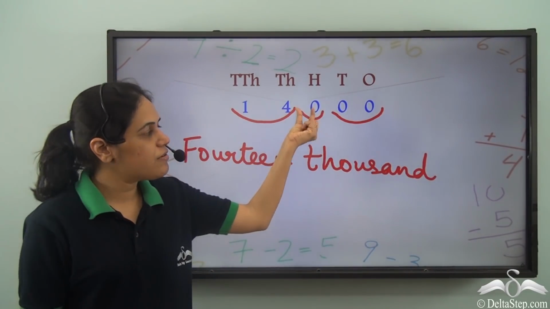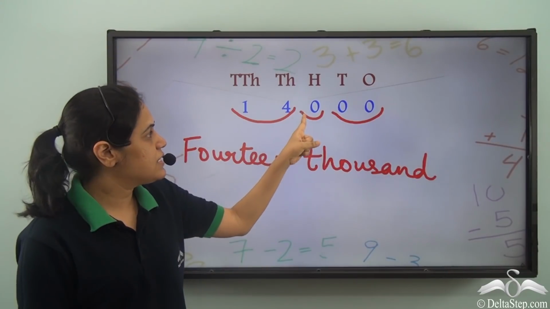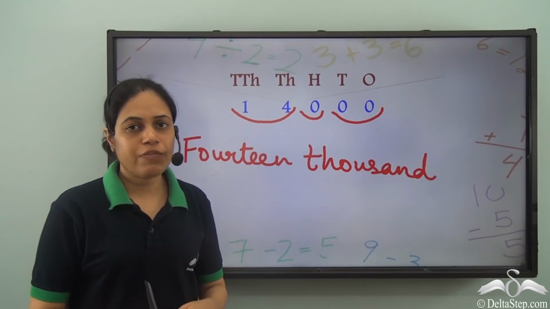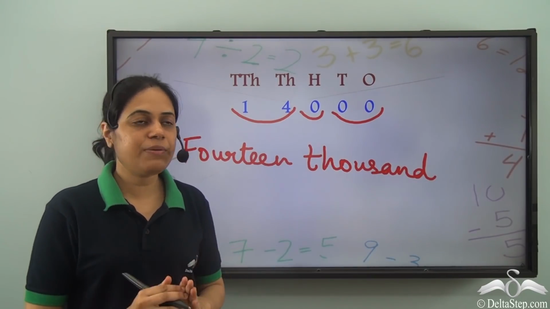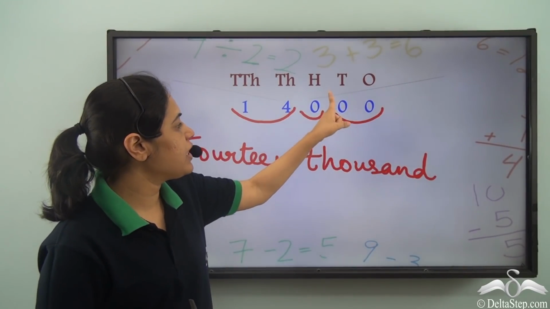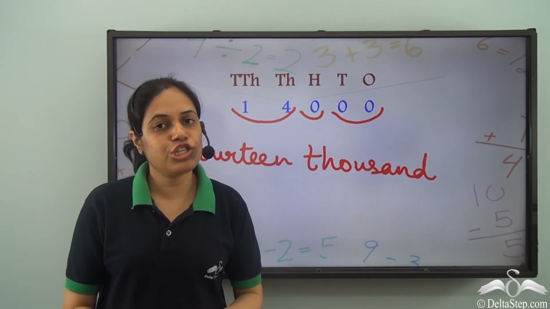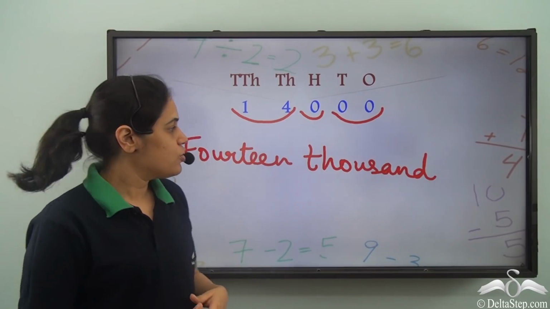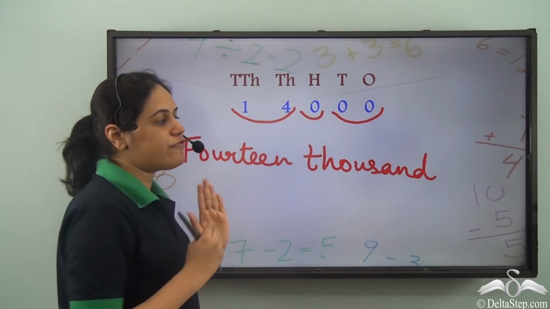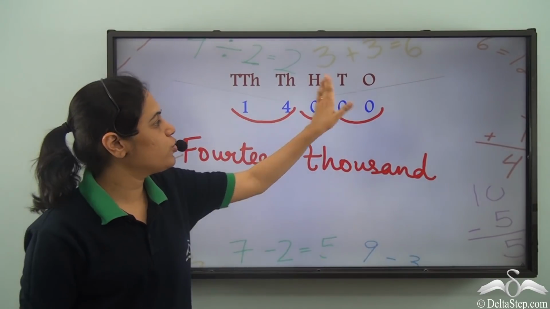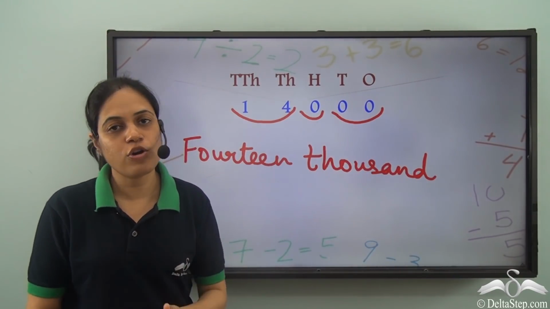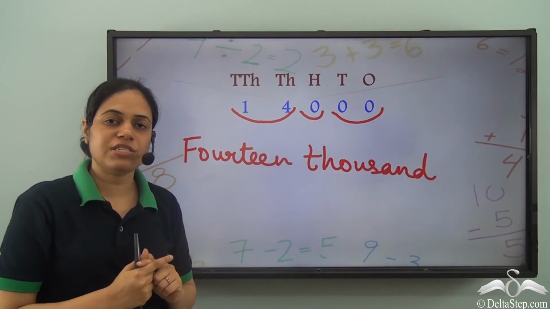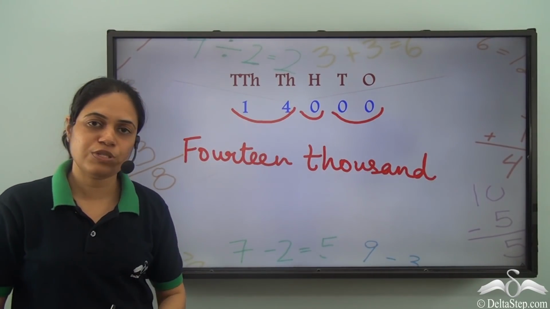The second part will come from this 0,100. But do we ever write 0,100? We don't. So we leave it blank. And the third part will come from these two zeros. So 0, 0 gives us 0. Again, we don't write a 0. So this number will be 14,000. So we don't write 0,100 or 0 or any such thing. So the number name of this number is 14,000.